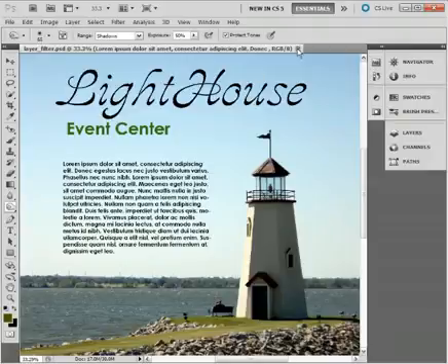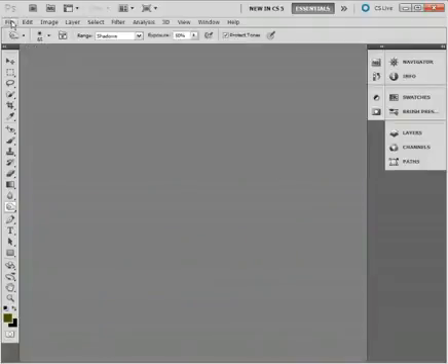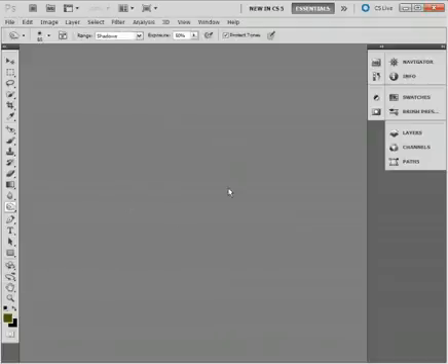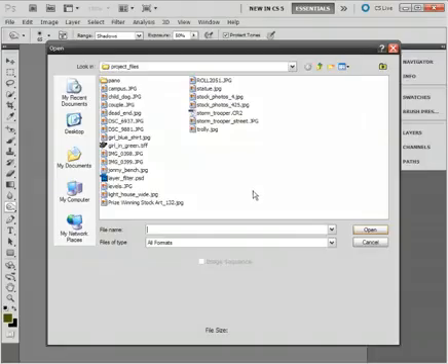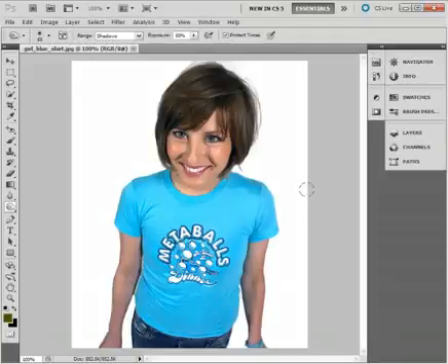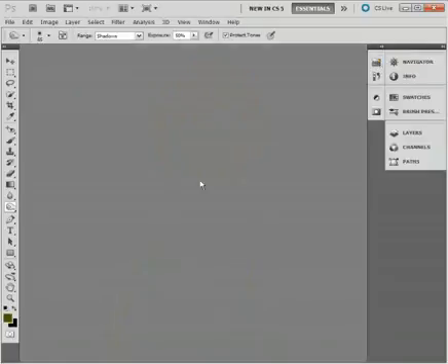Now, there's also a number of different ways to open files outside of just the File Open or the shortcut. You can actually double-click anywhere in this empty workspace, and it will bring up that dialog box for you. So that's one way. You could also click and drag a file from any of your browser windows and you can open them up directly. You can use the mini bridge, which we won't get into in this lesson, but that is available to you. And you can use the standard bridge, which I can pull up for you here,